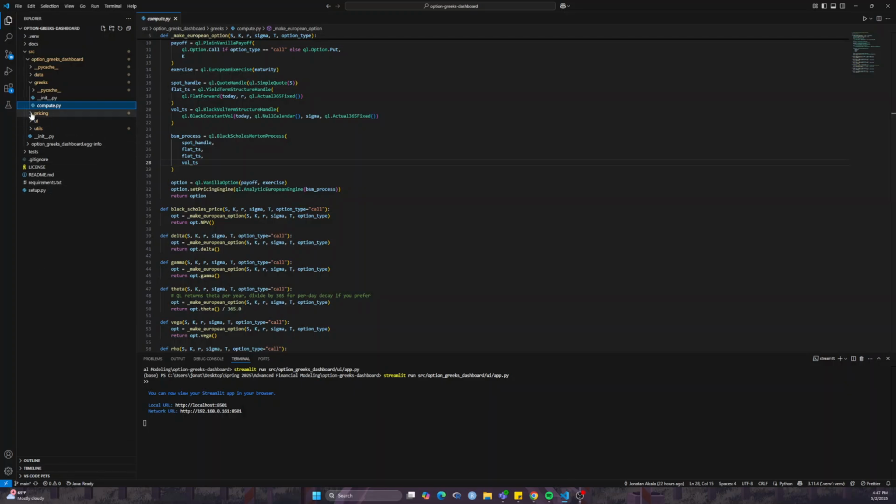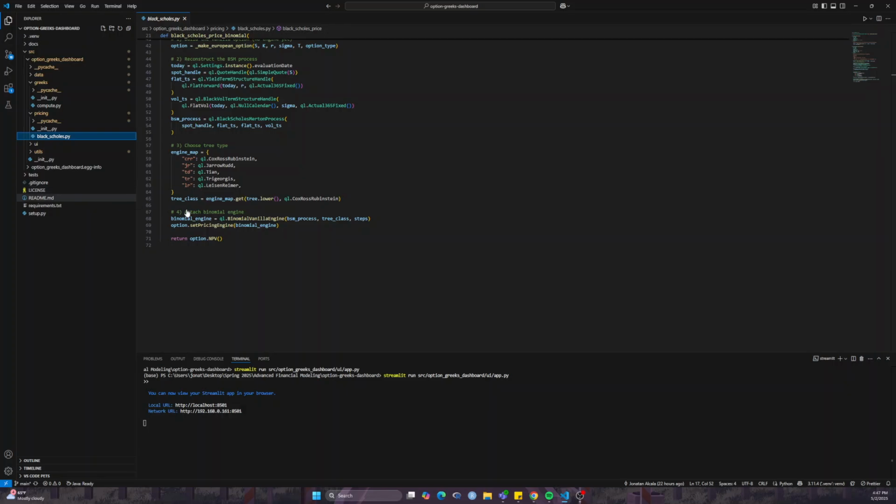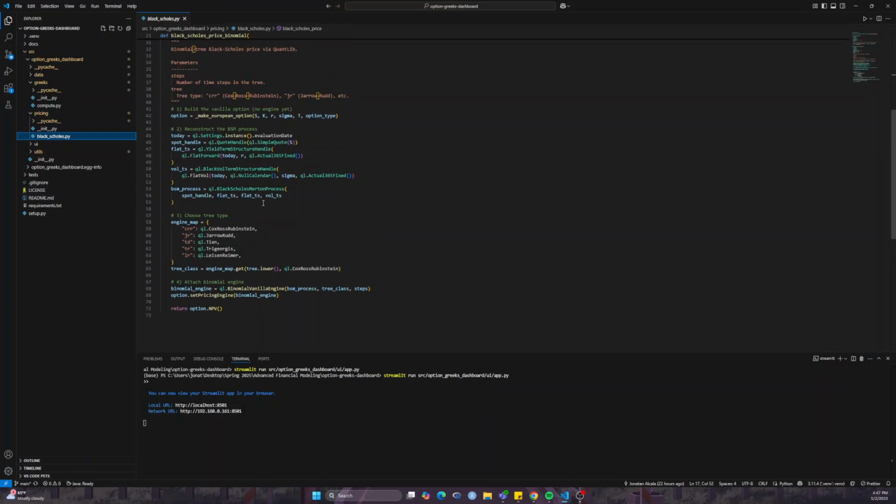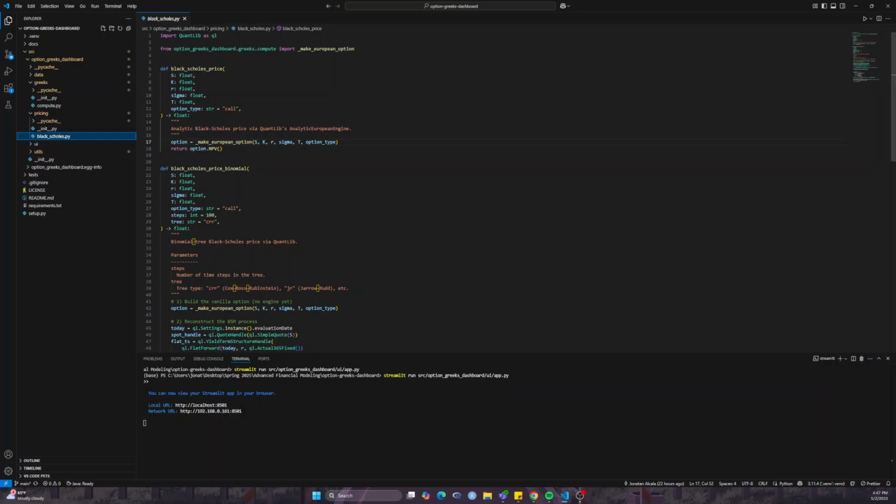And now we go into the pricing module, and it's called blackscholes.py. Okay, so in addition to the analytic price, we also support a binomial tree engine. Black-Scholes price simply calls into make European option from earlier,